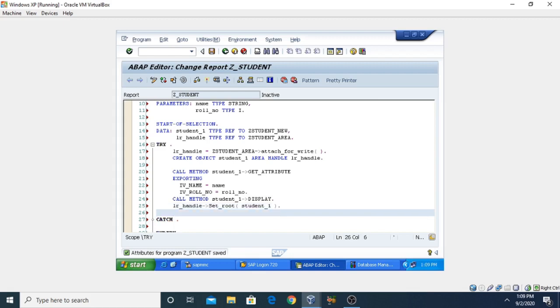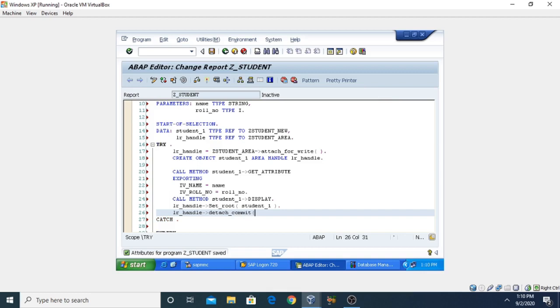Now with the help of lr_handle, we call detach_commit.